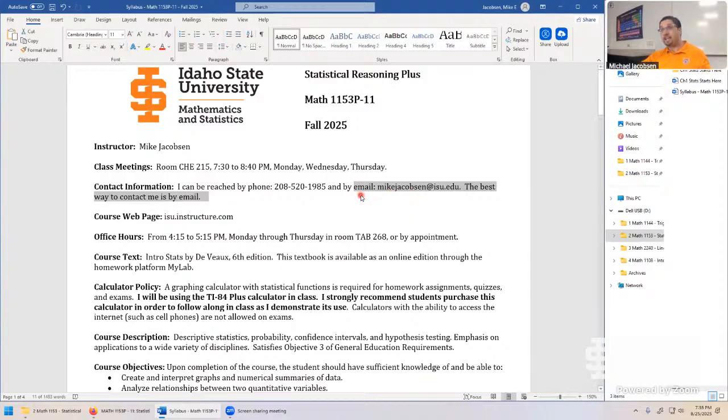But I'm majorly looking at the email right when I get up for the day, prepare for the course, and leave for campus. You can email me at any time whatsoever. So if you email me after class, I may not get to it. We go pretty late, almost 9 o'clock. But the first thing I do at 7 a.m. on Tuesday is going to be just to go through my emails and respond to each and every one.